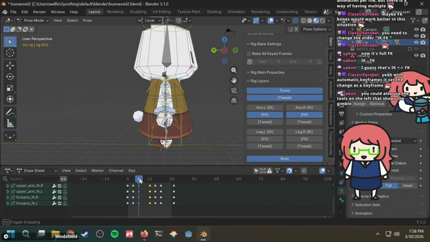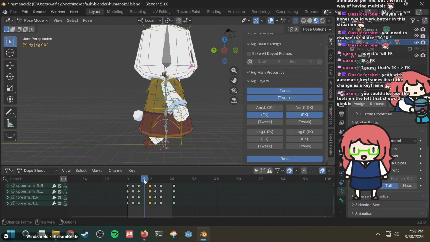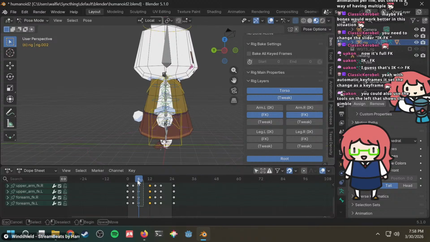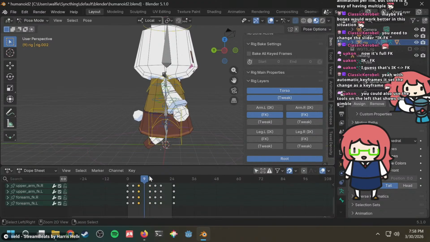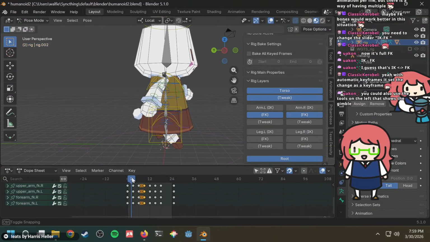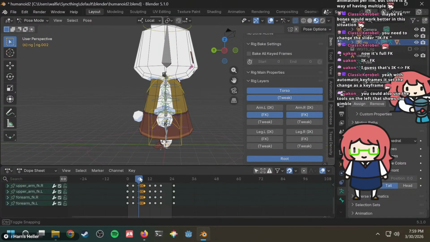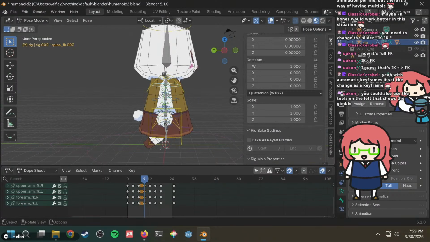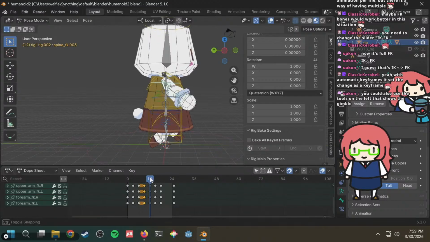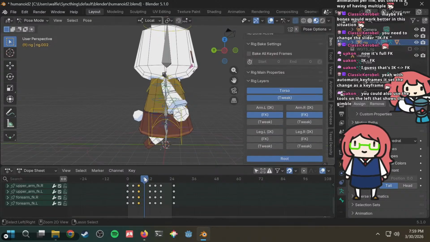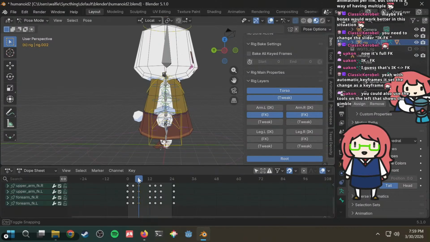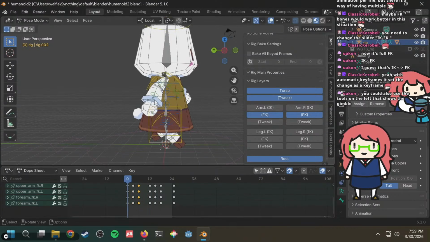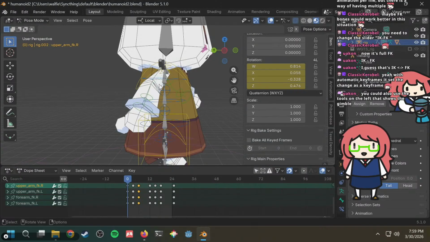Let's see. So this goes here. I think I need another frame here that is similar to this one. But then like the arm. Oh no, this has to go forward. But it's already going forward though. That's the thing. It's already going forward. So why do I need another one? Maybe this isn't going far enough back. Maybe that's it.